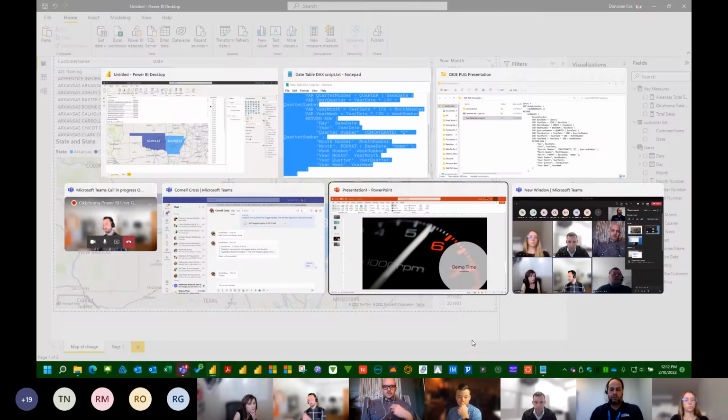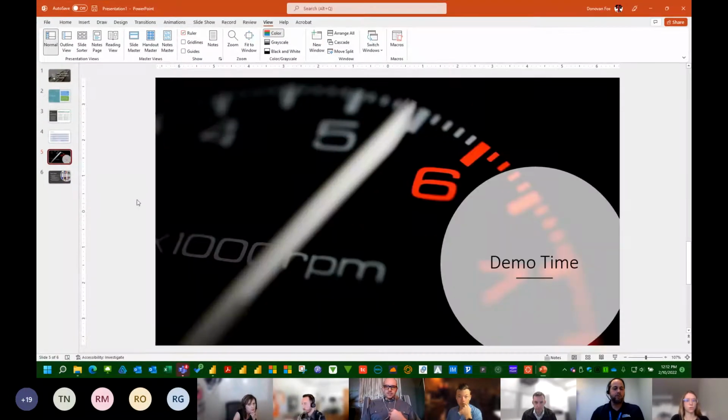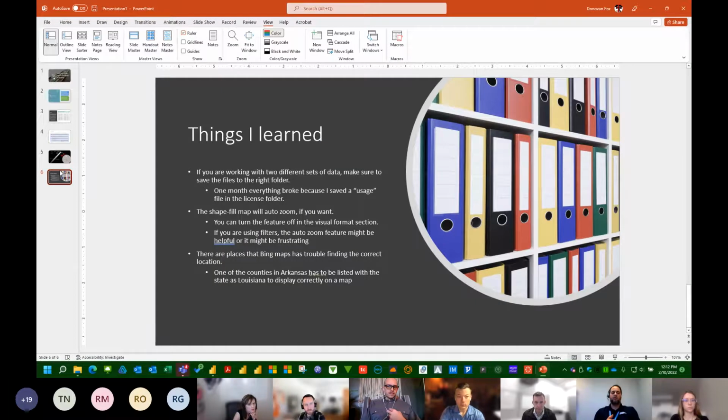Let me go back to my presentation quickly. Some of the things that I learned, again, like was said earlier, you do have to put different formatted CSVs. Make sure that the format is the same in all of the CSVs in a single folder, or it breaks